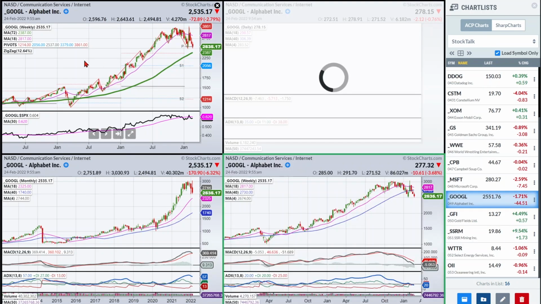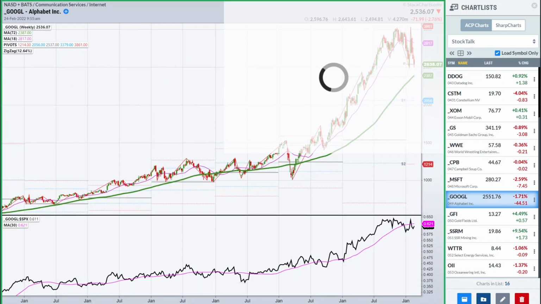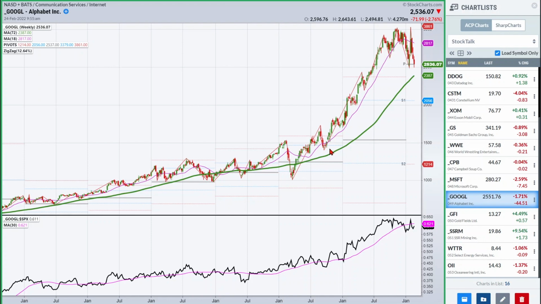So Google, I thought this was worth talking about as well. Look at what's taken place here. We get a trend line break taking place. We come down and then we go up and test. We make a minor new high on its earnings and then fail. I consider that the 2. In a 1, 2, 3 change in trend, I would consider that the 2 still, even though it made a